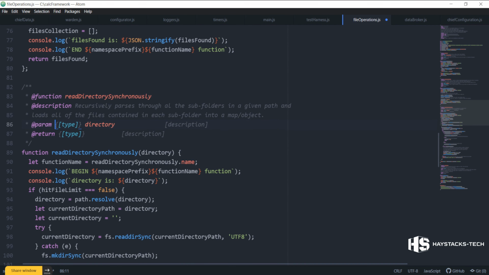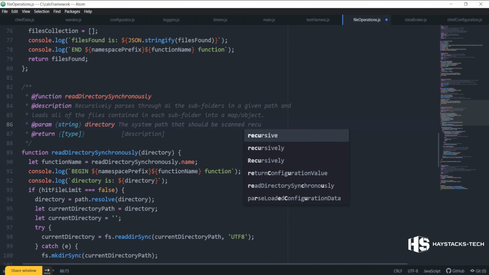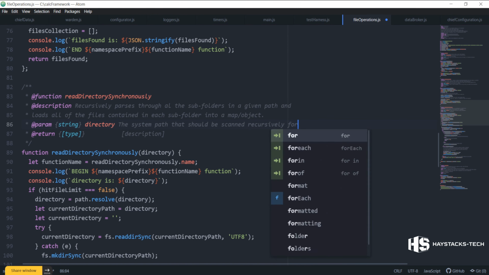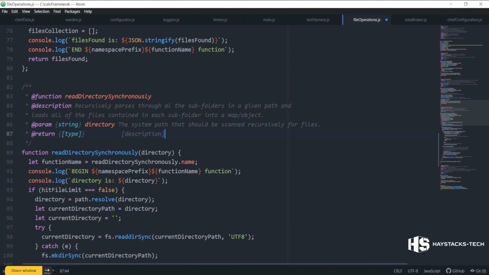Alright, and it has a directory param of type string. The system path that should be scanned recursively for files. And it's going to return an object. We describe that as a JSON object, and we could say, yeah, JSON object is fine. Of all the